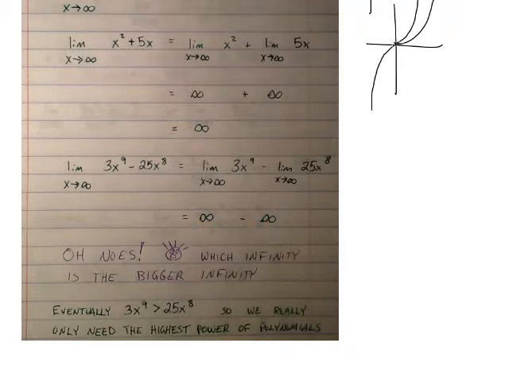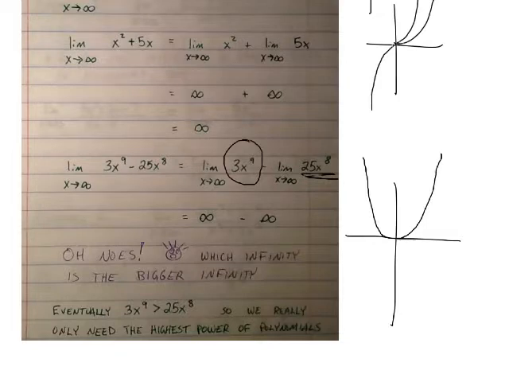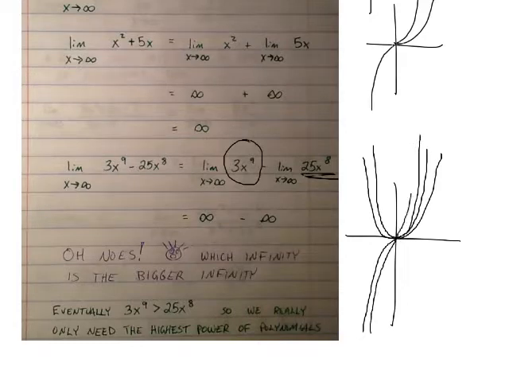We can actually conclude that the higher powered infinity, the higher powered one, is eventually going to grow faster than the lower powered one. And for proof of that, you don't need to look too far. You can just take a look at the graphs. There's x squared and x to the third and x to the fourth, and eventually each power grows faster and